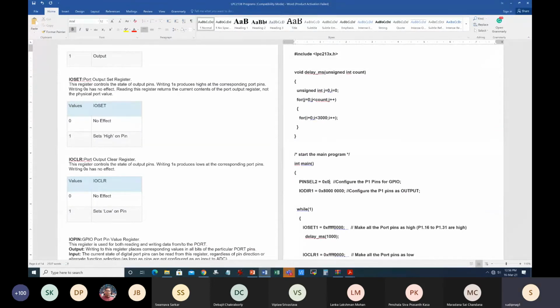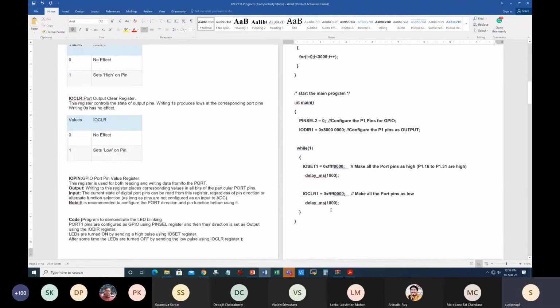So 0 is only to be written on bit 2 and bit 3, right? You don't need to tamper with bits 31 to 4. You can write a 0, but 1 is not allowed, so you cannot write 1 anywhere. Let it be 0 itself, because I want all the pins, P0.31 along with all other pins, as GPIO. The only thing is that I'll set the direction. So there is the change: instead of all four Fs, I just change it to 8, which represents bit 31.